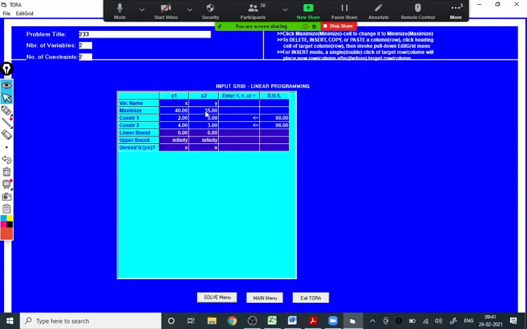So instead of y being 35, if I take 60, can anyone tell me what will happen if we take y as 60? What is the slope of the objective function? Anyone? What is the slope of this objective function, that is z equal to 40x plus 60y? It's minus 2 by 3, because for 40x plus 60y, what you have to do is just divide by 60 first. So 40 by 60 is 2 by 3.